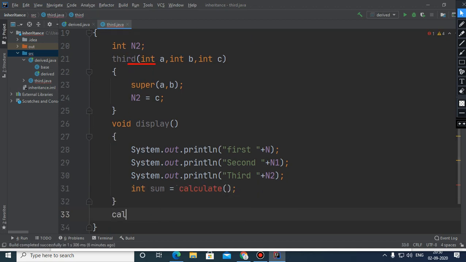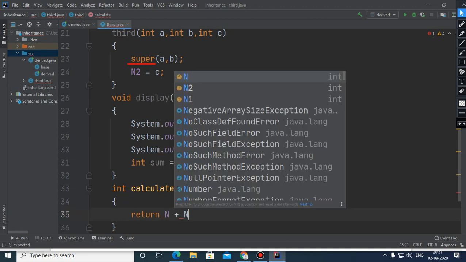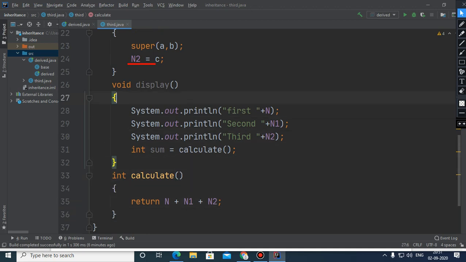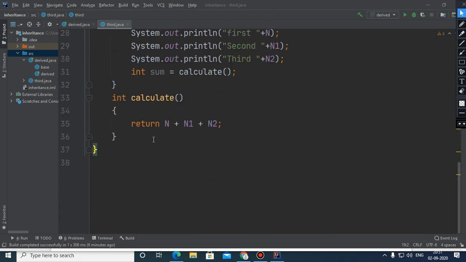And here suppose I want to call a function calculate, which is int calculate, and it returns the sum of these three. Now in the main method I need to create the object of the third class, because finally everything has been inherited within the third class.